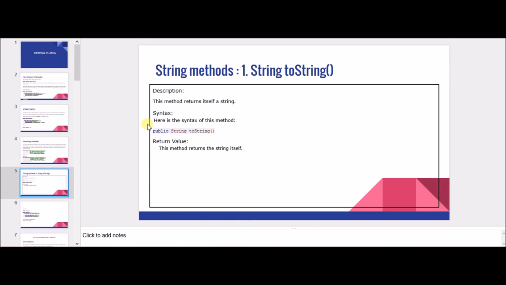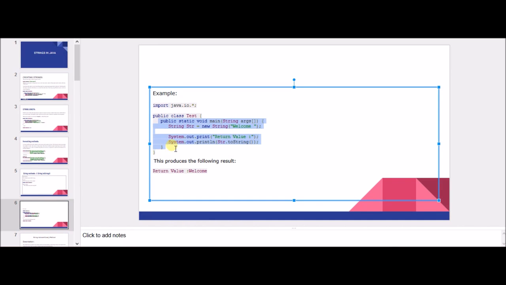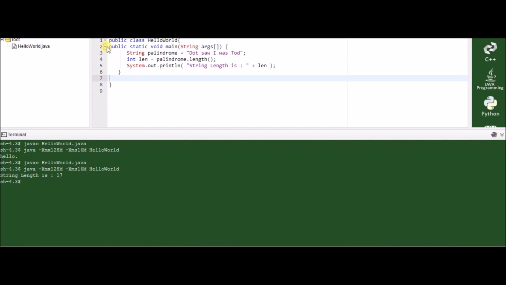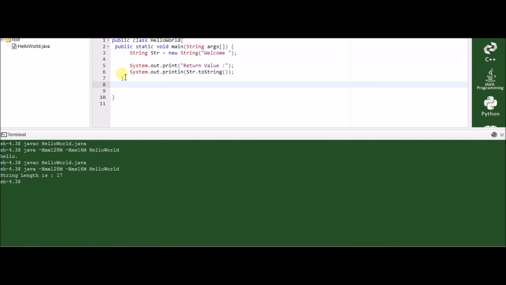Just for understanding, let's try out this small program to see how it works. The string is returned.